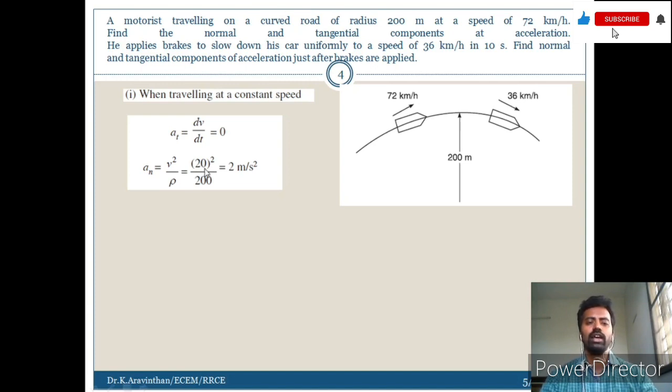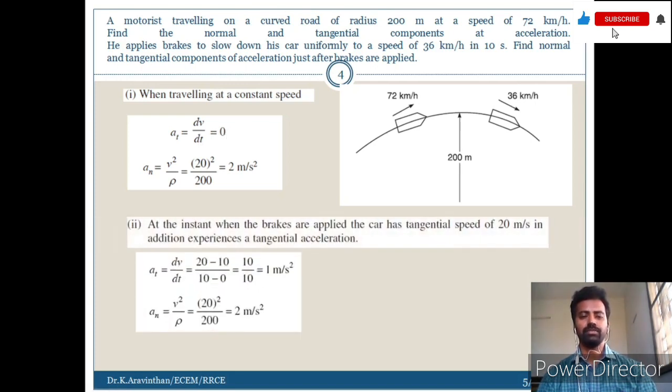So that's why velocity is 20 square and rho is the radius of the curvature, that is 200, which is given. You can find the normal acceleration. If you want to find the tangential acceleration, that is the acceleration here, it is 20 divided by dt. If any constant is differentiated with respect to t, you will get a value of 0. Next, we have found out an, and to find the at,